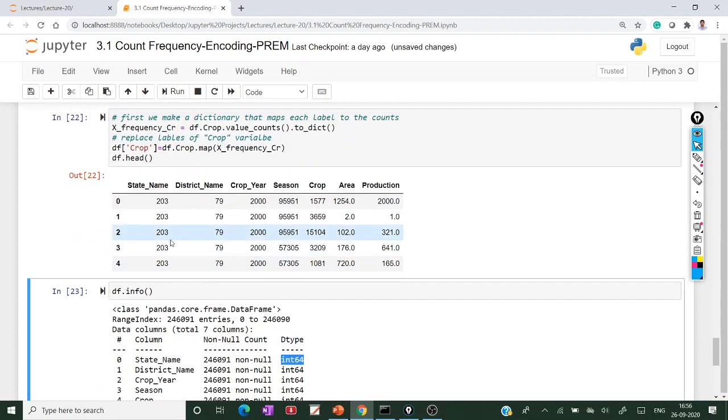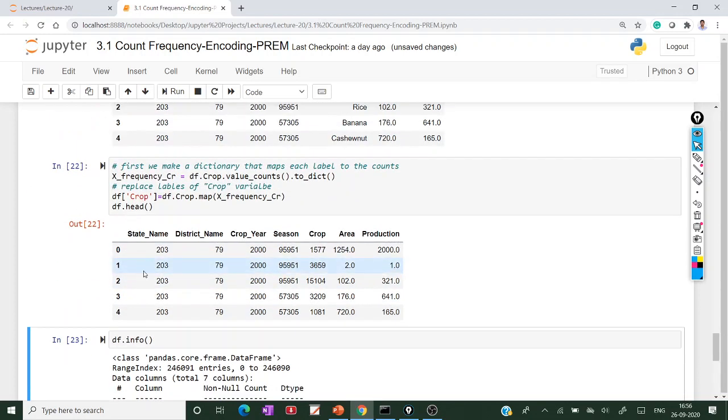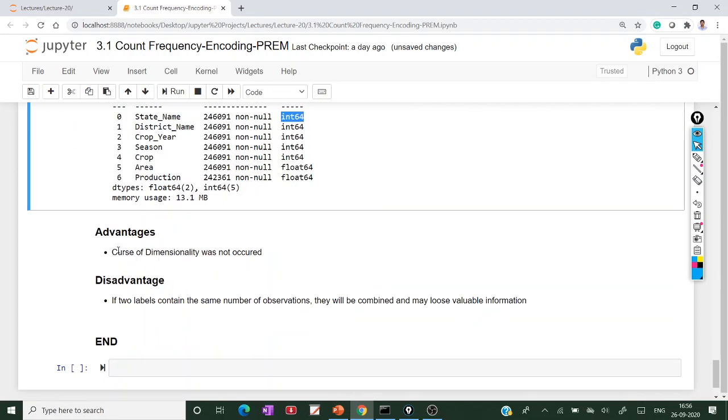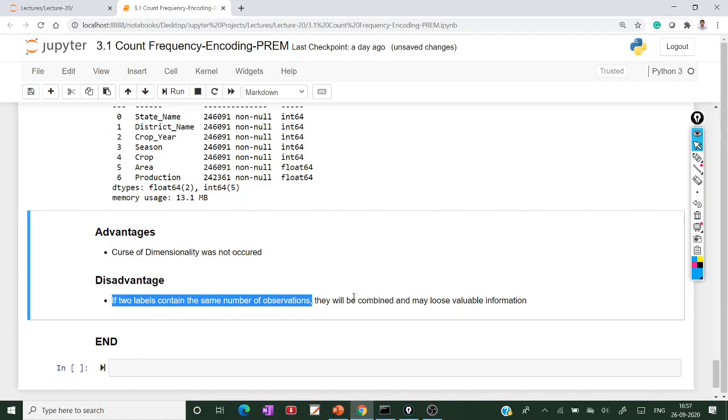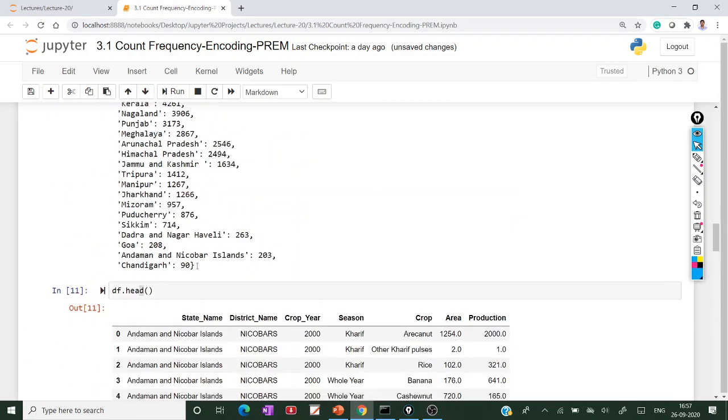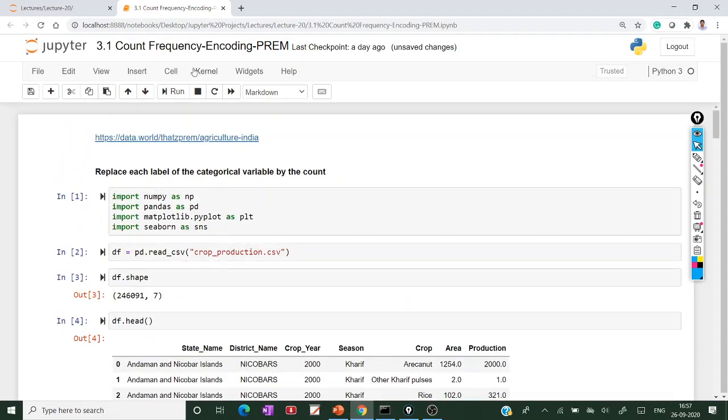Why? Because you can replace the labels with the count number. So the advantage is the curse of dimensionality would not occur, and the disadvantage is that if two labels contain the same number of observations, they combine and lose some information.